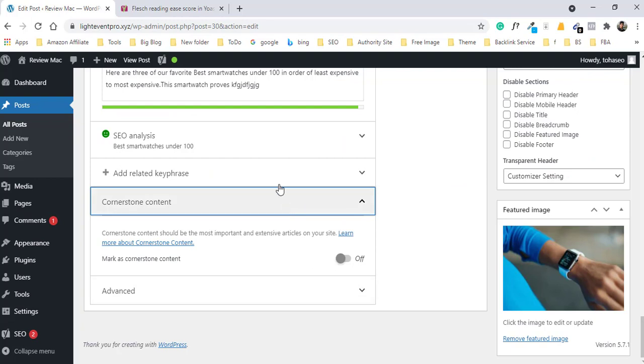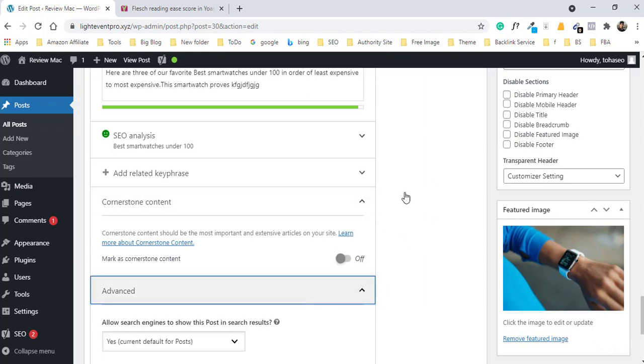If this article is your main article and you already have internal links from other articles, then you can click to mark it as important content. So the search engine gives you the priority that this is your most important content. Okay, now I click off because this is not my important content.